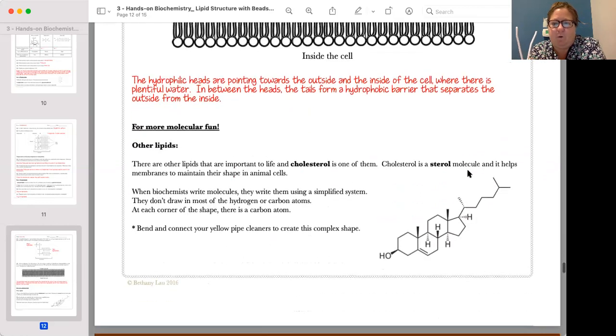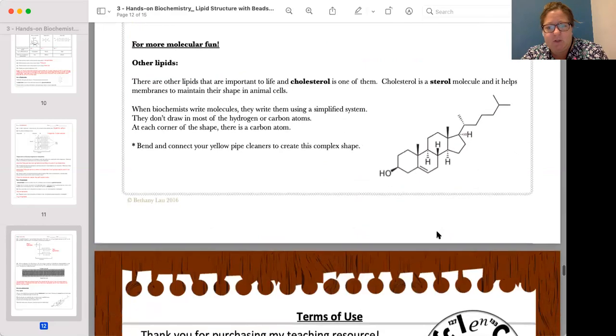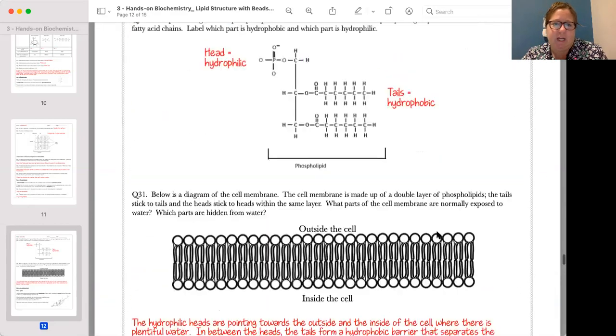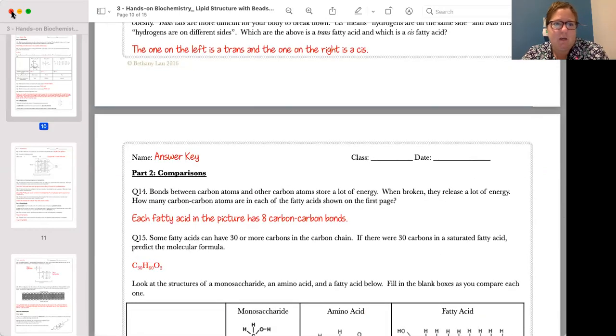So that's pretty cool. And here's another lipid, cholesterol. It forms a ring of carbon, you can see it there. Every bend on this structure is a carbon, so everywhere there's a bend, there's a carbon atom. This would be a very complicated shape to make with pipe cleaners, so there's no additional reading for this particular packet. So let's move on to our last